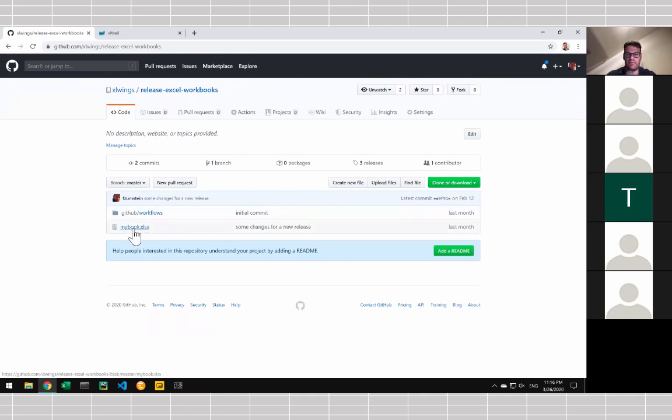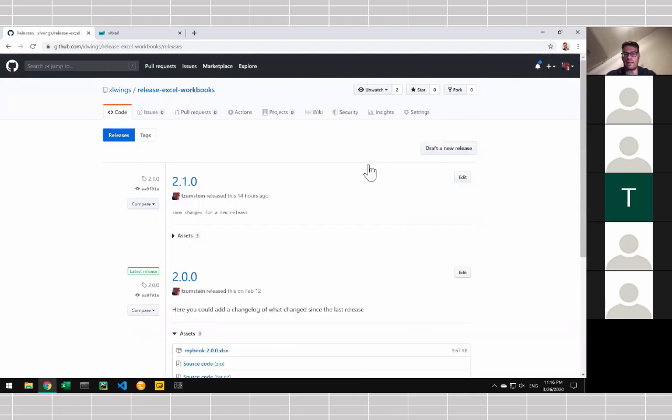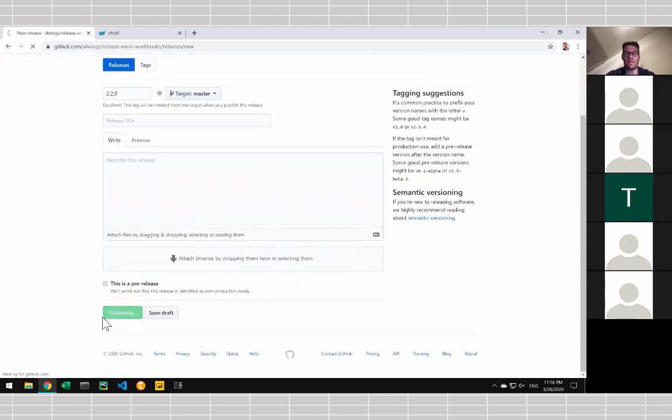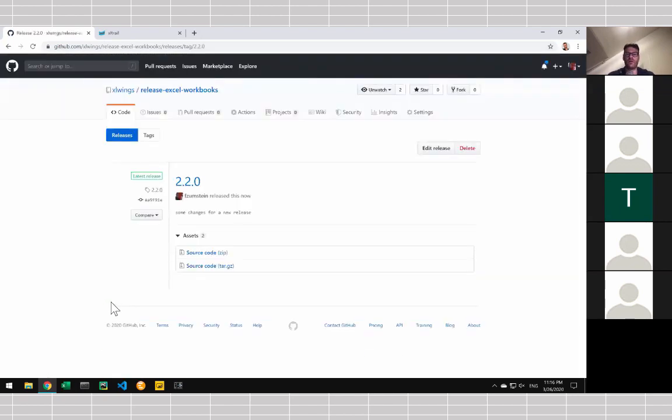So you see I have mybook.xlsx here, and I would just like to release a new version. So what I can do now is I can just go to the releases. I can draft a new release. All I have to do is put in a release number here. I say publish the release, and then that will trigger an automatic pipeline here